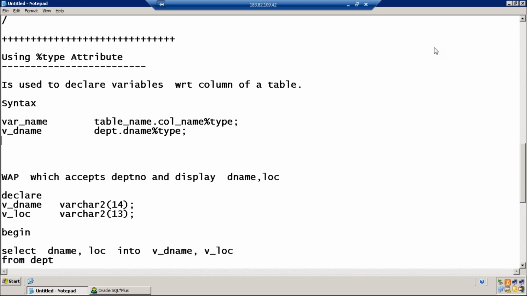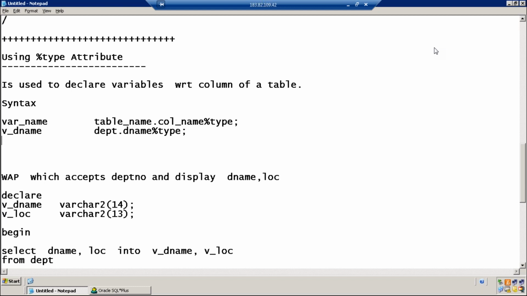So the point is, we are now learning how to use percentage type attribute. Percentage type attribute is used to declare variables with respect to a column of a table. For example, whenever you're declaring a variable to store department name, which is present in the department table, instead of hardcoding varchar2 of size 14, it's always better to write table name dot column name percentage type.